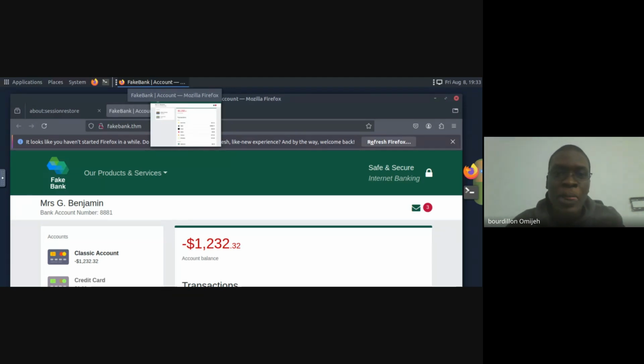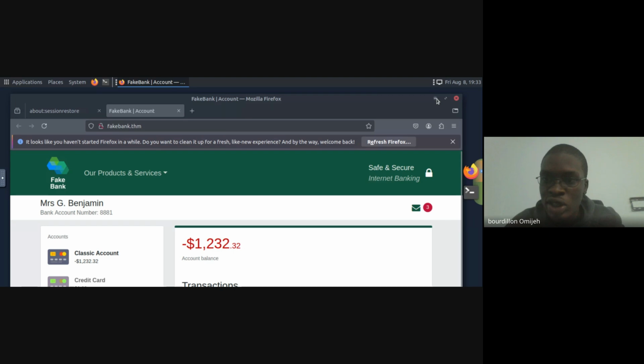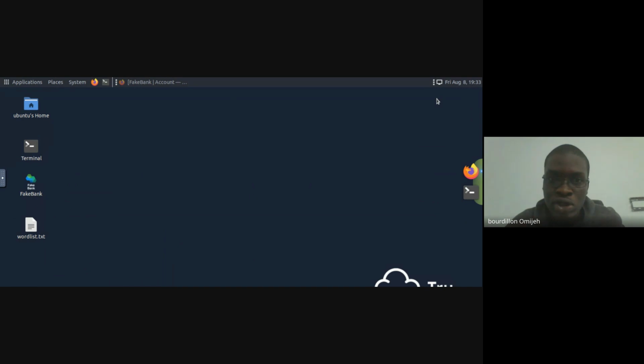All right, so this is just the Firefox browser. As you can see here, I can minimize it. If you're on your own PC, you can also minimize it just to see it. Once you minimize it, this is the Kali Linux interface, or Ubuntu interface.